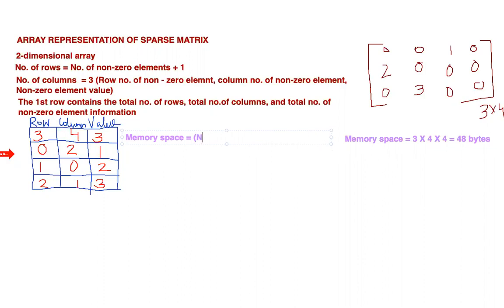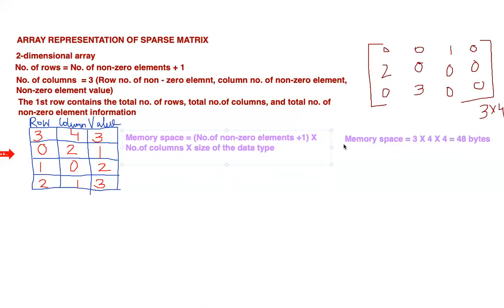So the number of non-zero elements plus 1, into 3, the number of columns is 3. So it is the number of columns into the size of the data type. So for our example, we can think of it as equal to,